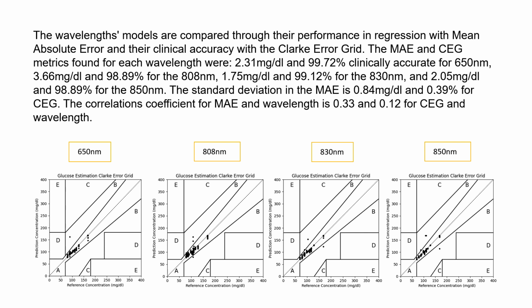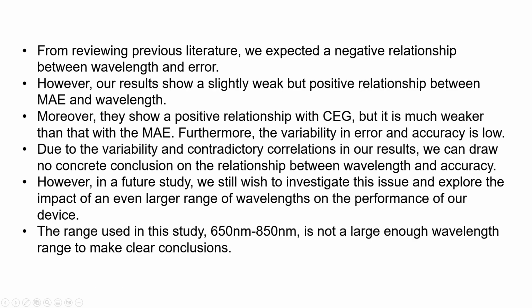monitoring devices. Overall, the 2 best performing models were the highest and the lowest, the 850 nanometer and the 650 nanometer, with the 808 nanometer and the 830 nanometer performing just in between. Overall, the summary statistics, like the standard deviation and correlation coefficients, show no clear relationship between wavelength and performance in either of the metrics. Due to the negative relationship between one metric, MAE and wavelength, and the slight positive relationship